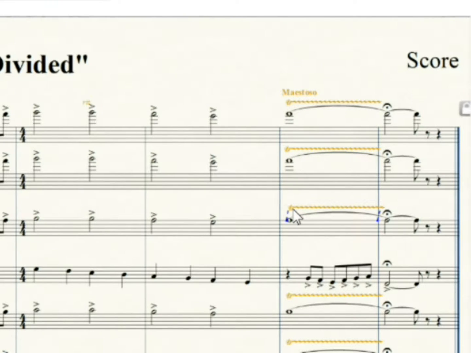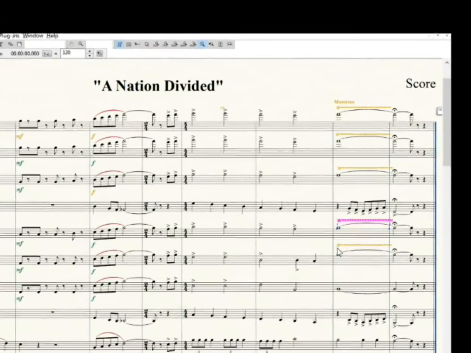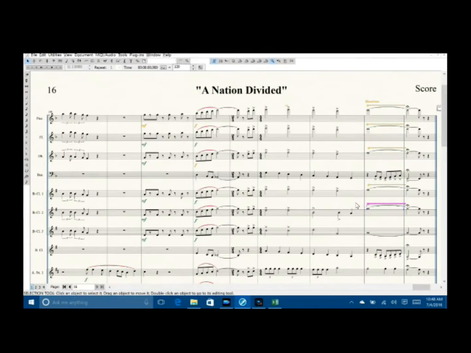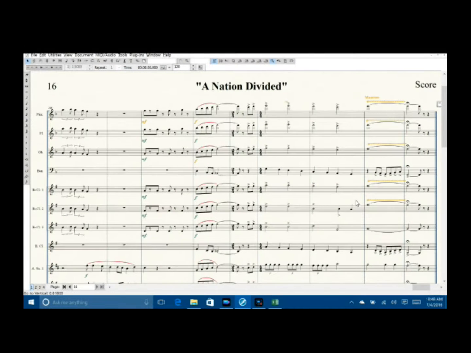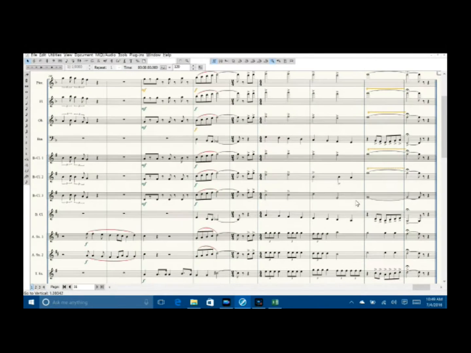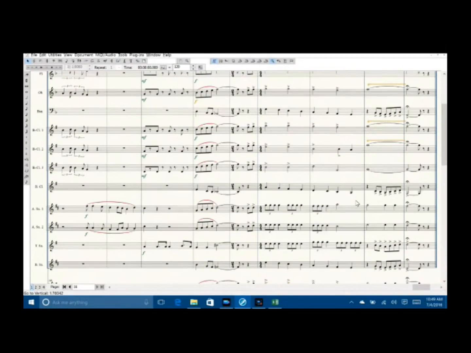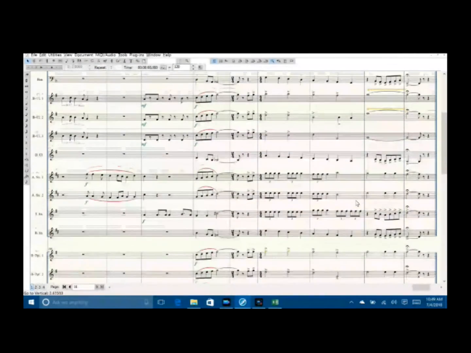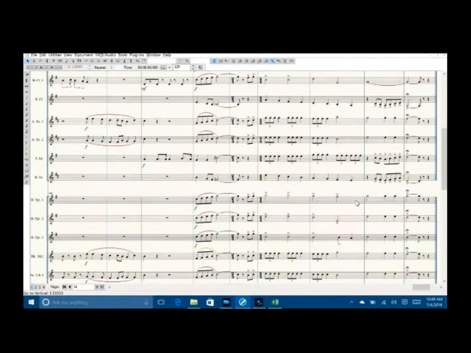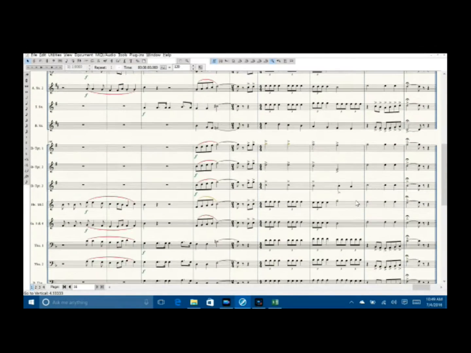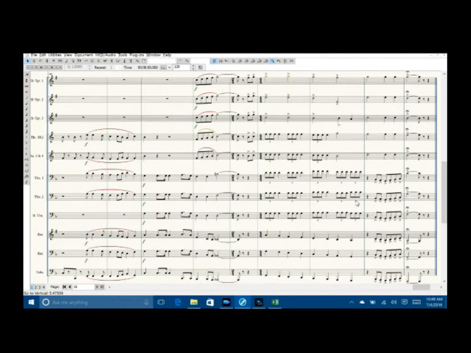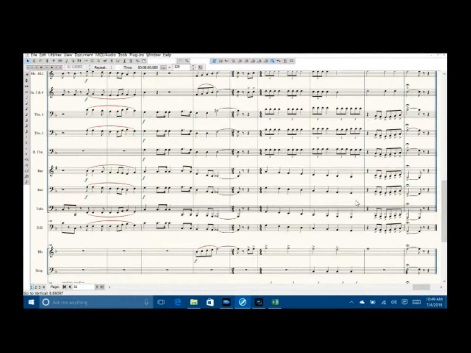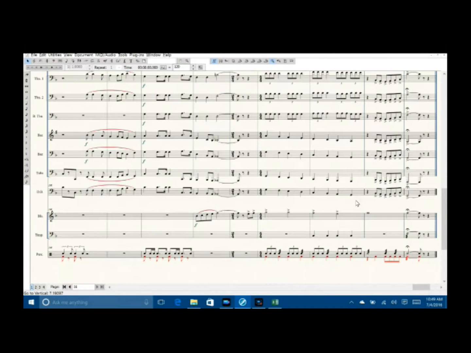And this trill needs to be just above the tie on that last note. Close enough so that you can visually tell that it's associated with that and not whatever's above it, but far enough away that you have a comfortable visual separation. I believe that is going to take care of us, and we are ready to print this score to PDF.